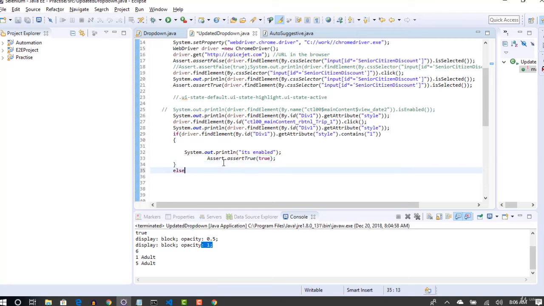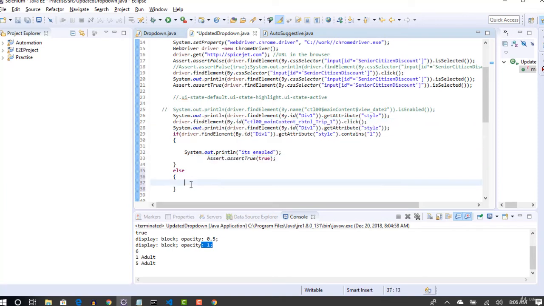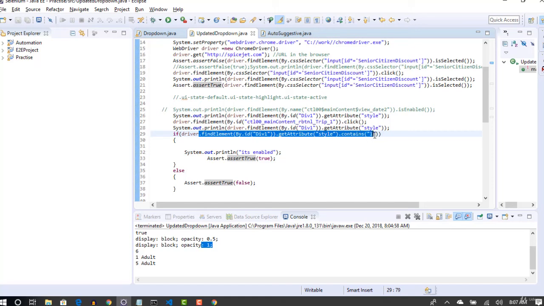And you can put else and say if it does not contain 1 even after clicking on the radio button, fail it. How do you fail it? You can simply fail by writing false inside this, because assertTrue always expects true as its argument, but you are making it false, so obviously the test will fail at line 37. But why are you writing this failed step? This Selenium script will come only to this else block once this condition is not met.